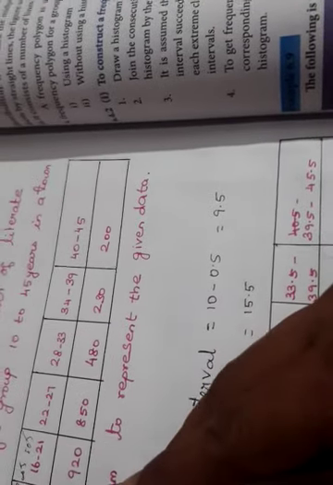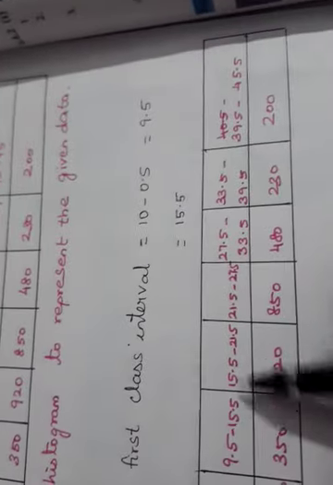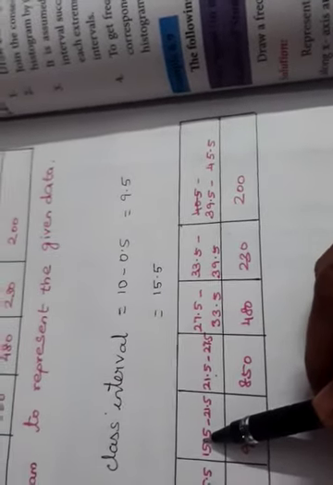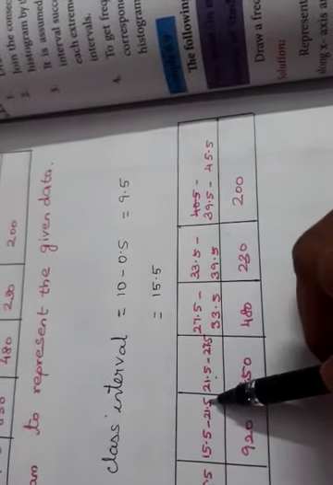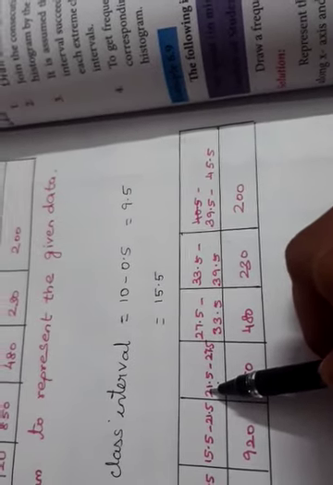So 10 minus 0.5 is 9.5. The next one is added, plus 0.5: 15 plus 0.5 is 15.5. So the age groups are 9.5 to 15.5, 15.5 to 21.5, 21.5 to 27.5, up to 39.5 to 45.5. So that is a continuous frequency, isn't it? So 15.5 continues into the next class, 15.5. Then 21.5 finishes and continues into 21.5 in the next age group.